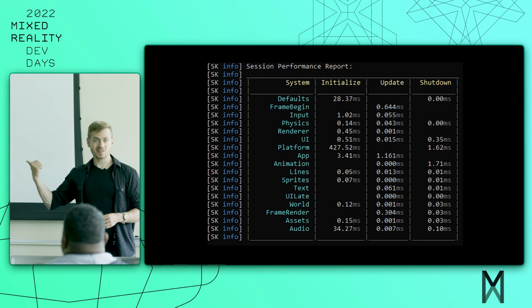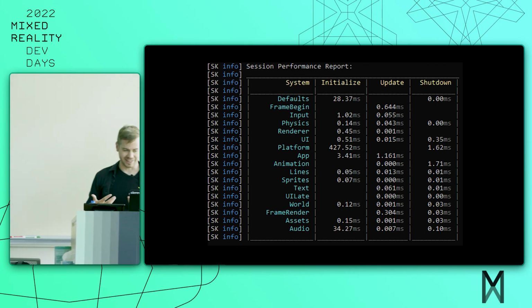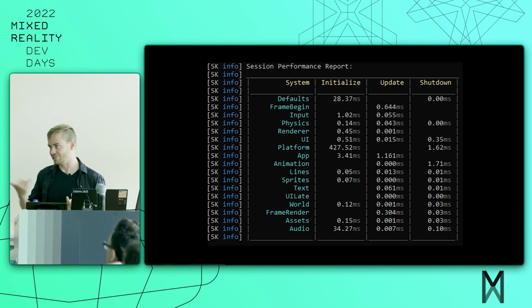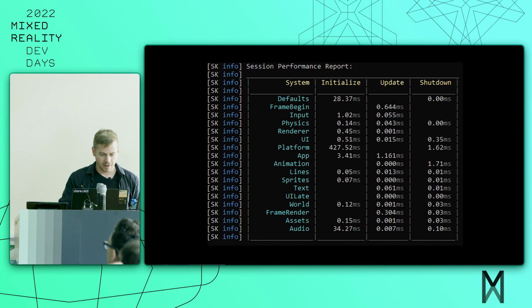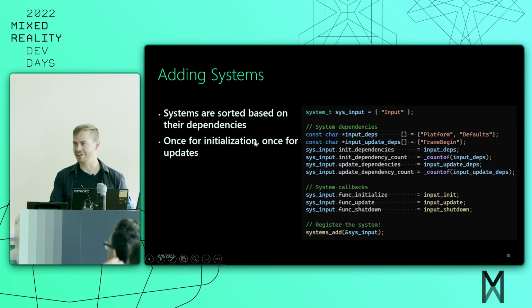So this is a nice little view to have at the end of the application, but it also is useful if I want to know what order these systems execute in. You can just take a look at this and see it, like, oh, it executes like that. And if you're interested in adding some new high-level system, like the lines or something like that,